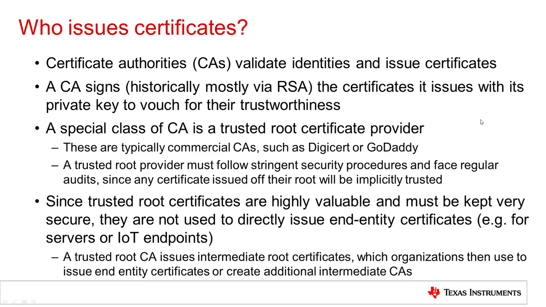These root certificates are used by other organizations to implement their own in-house CA, where they can further issue other certificates, either to create more intermediate certificate authorities or to directly issue end entity certificates. Later on, we'll walk through the whole process of how end entity certificates are issued, starting from when the trusted root provider first creates a certificate for an organization. This will enable you to fully understand the steps involved.